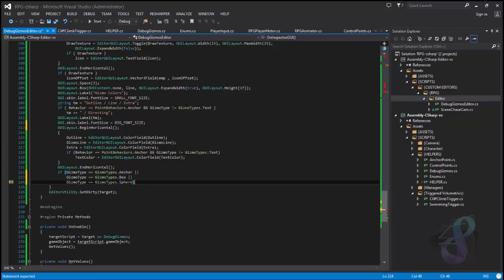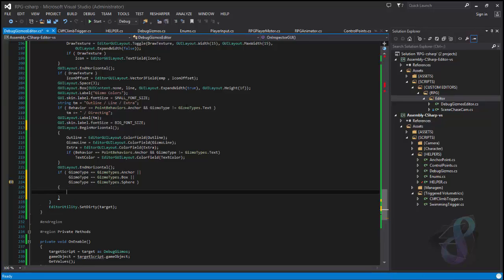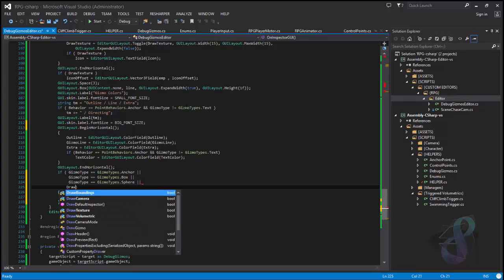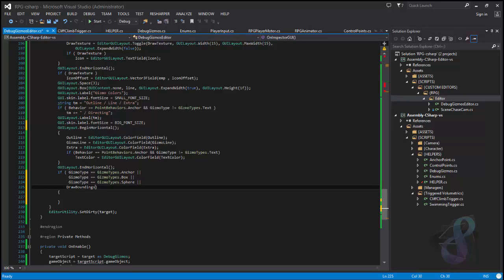If we are in one of these conditions, then we are going to draw one more thing, draw boundings. Okay, if any of these, no, then we are going to show the volumetric color, and then we say